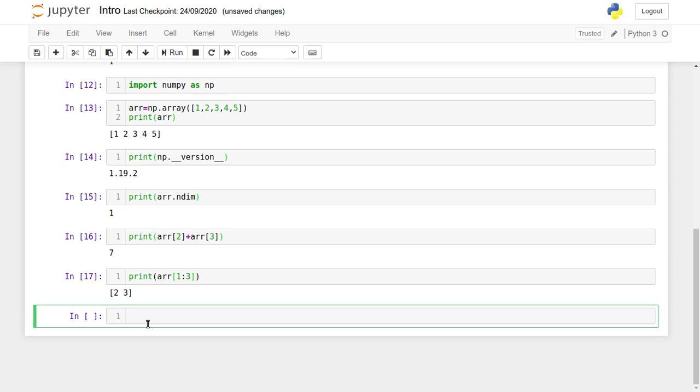Then next, we can perform operations like searching. For example, I can search for a particular element in the array using the where function. I can use the where function like this: x equal to np dot where arr equal to 4.